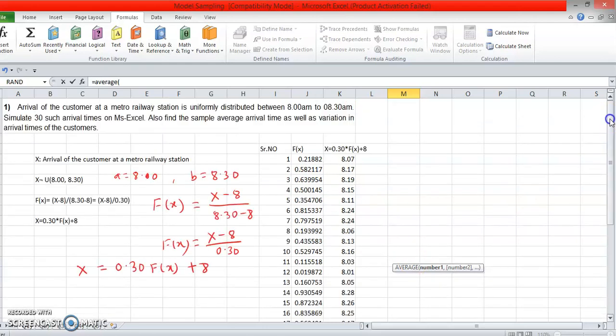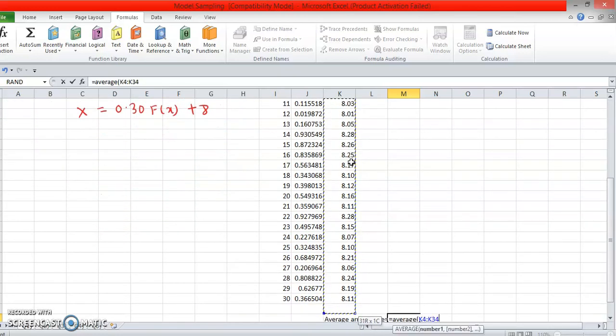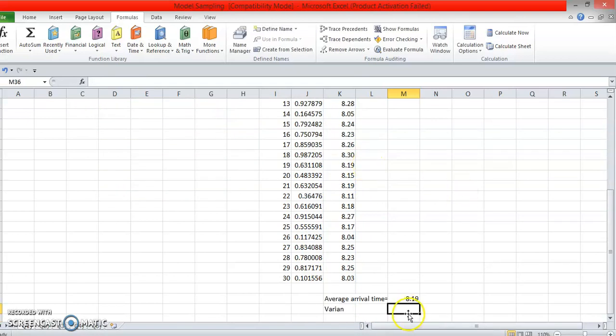You have to just give the range of the data set for which you have to calculate the average. So I am giving the range of the simulated random sample over here to find the average arrival time. So it is 8:19, arrival time is 8:19. The variation is calculated by